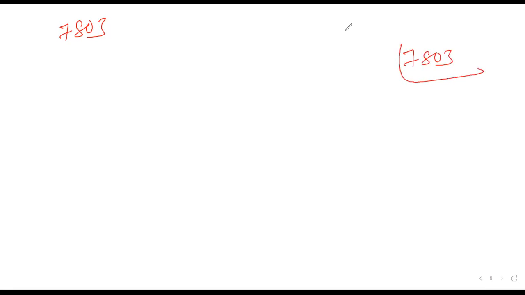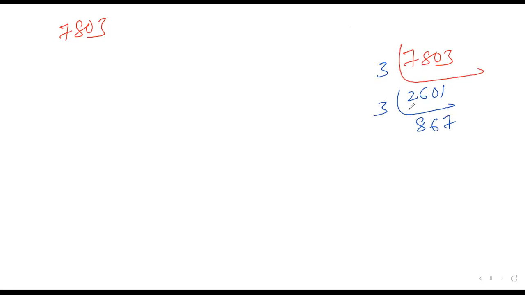Take the LCM. It is not divisible by the 2 table. Trying with the 3 table, it's possible. 7, 8, 15, 15, 3, 18. Okay, possible. Next, the 3 table is possible. 3 times 8 is 24. Am I clear or not? I hope it's very clear.